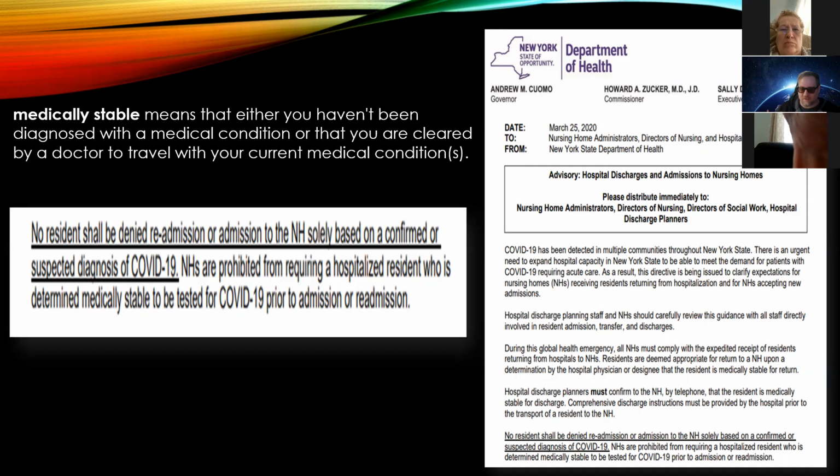So what New York did was take young, otherwise healthy individuals who got infected with COVID that have a 99.998% survivability rate and put them in with our most vulnerable populations. And on top of that, they prohibited the nursing home staff from testing these individuals. So you have our most vulnerable populations in with confirmed COVID patients, and you're prohibited from testing. That's New York's answer to this pandemic.